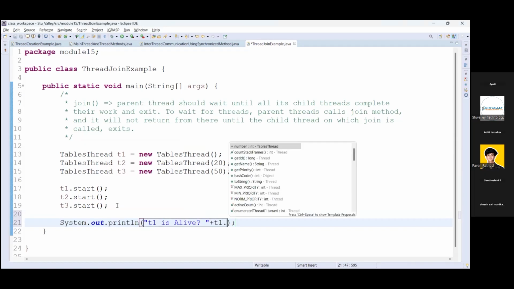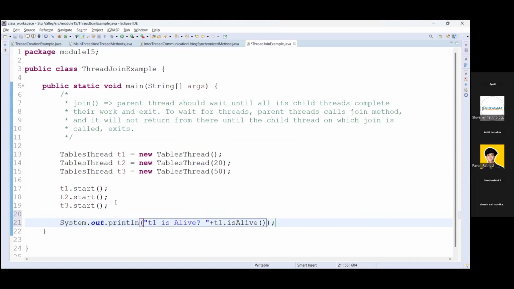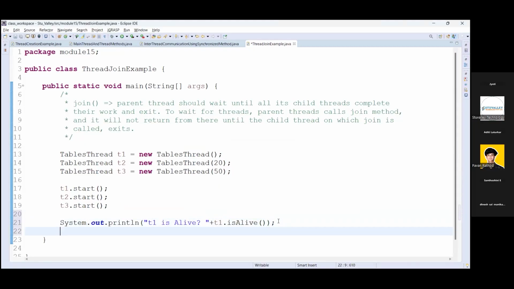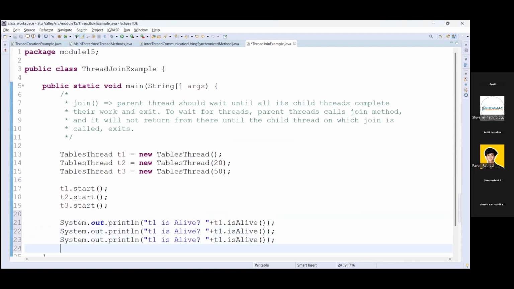We'll use T1.isAlive. In a similar way, we will use the others also, and the main thread also, because it is also executing currently. T2, T3, T3 is alive. Instead of this, main thread is alive.